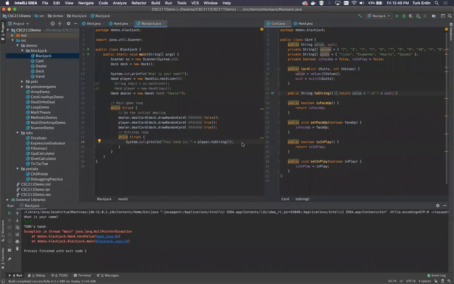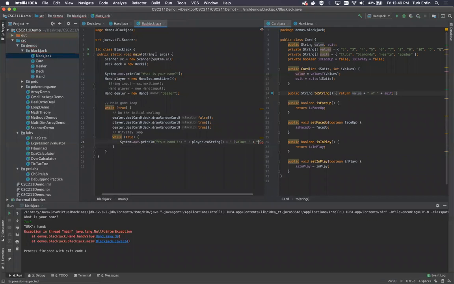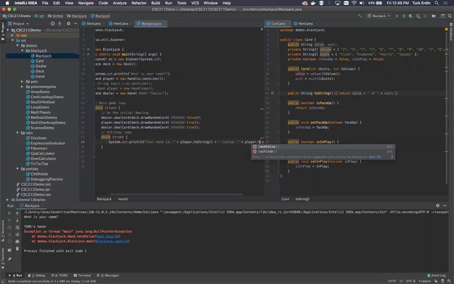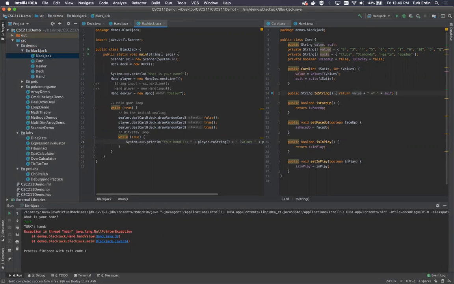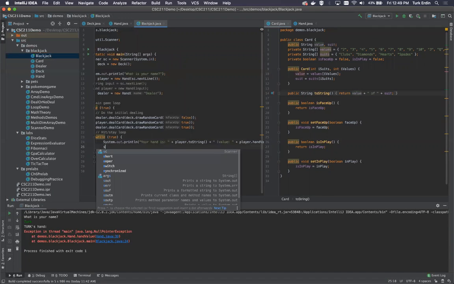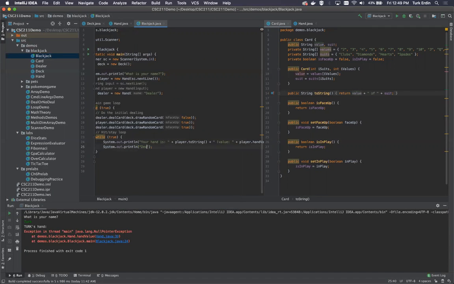So we tell them what their hand is, and in parentheses we'll put value is, close parentheses over here. I'll put, let's say, player dot hand value. We'll calculate their hand value. Snap print. Dealer's hand is